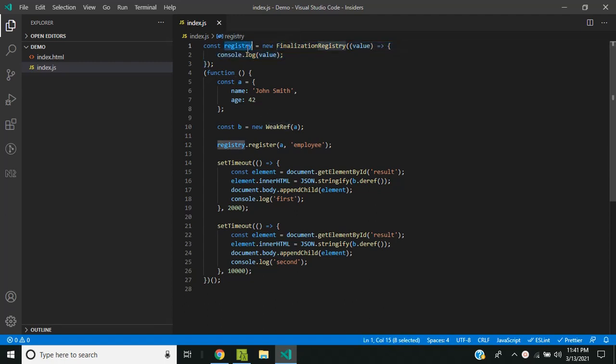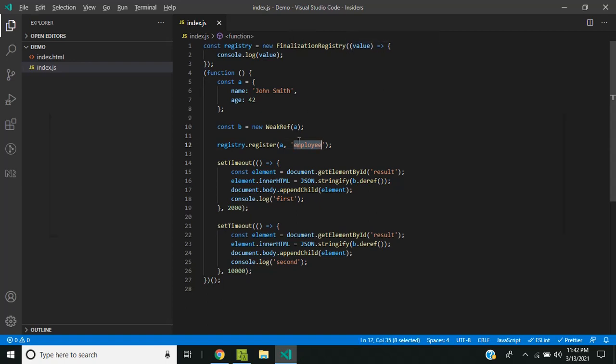I am creating a registry using the new FinalizationRegistry, and I am passing a callback which will be executed whenever a variable is garbage collected. Here I am registering the variable a, so that whenever the object a is collected by the garbage collector, it will execute this callback with this value.